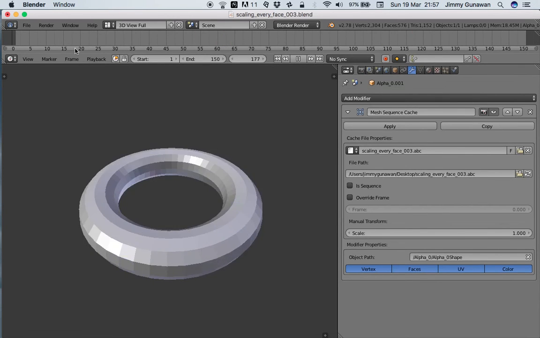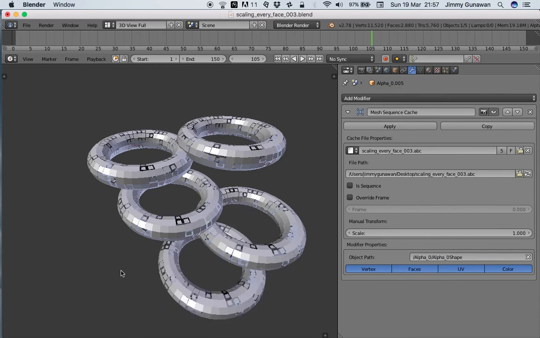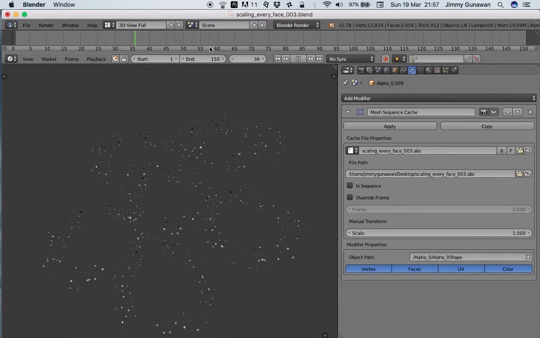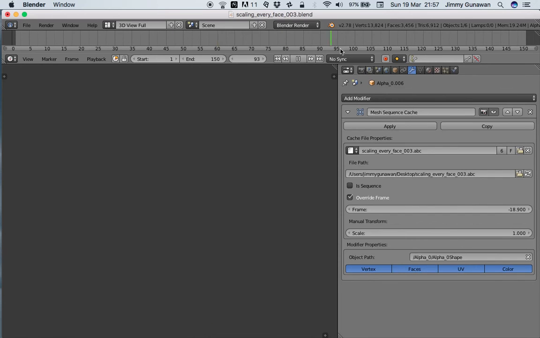So it's become really fast. You can scrub it super fast. This is super interactive, and you can have multiple of these objects, and you can also offset the timing, if I'm not wrong. Oh,